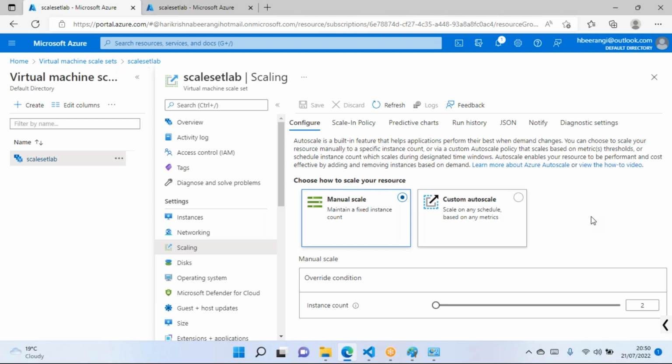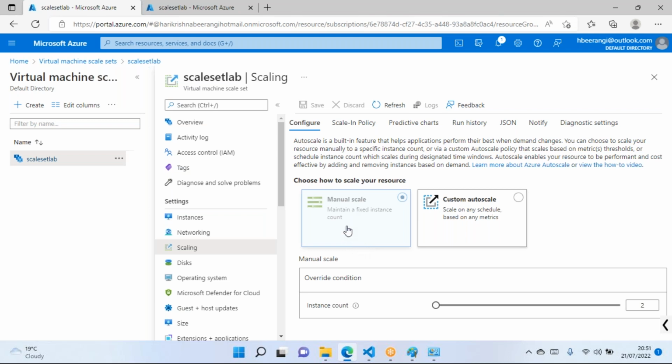It is showing as manual scale. It means you can increase the capacity whenever you want for your business. Auto scale is different, which will happen automatically, and this is manual scale, which we do manually whenever there is a need, right?